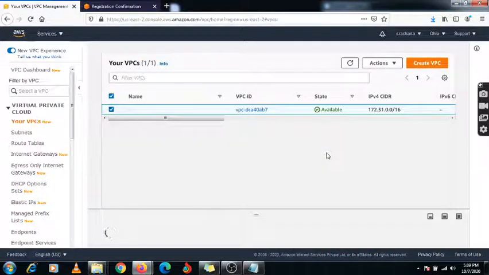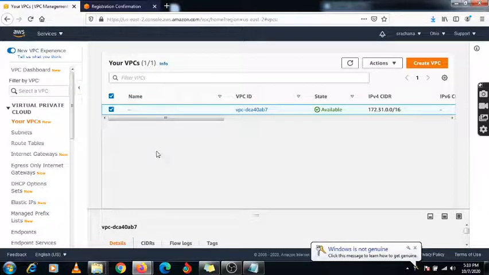Myself Ganesh. Today we are talking about this NAT gateway. So this NAT gateway is basically used when our private network wants to connect with the internet. Always our public subnet will connect with the internet by using this internet gateway. And if you want to connect your private subnet, whatever the instances which are connected to your private subnets, and they want to connect with the internet, at that time we need to use another concept, that is the NAT gateway or the NAT instance or endpoint. So these are the services provided by AWS. Today we are talking about this NAT gateway.